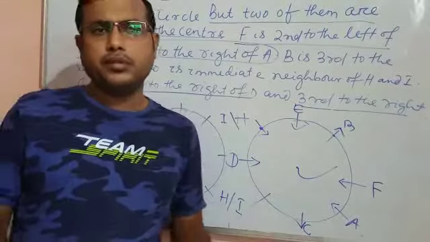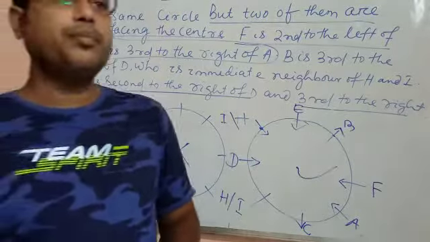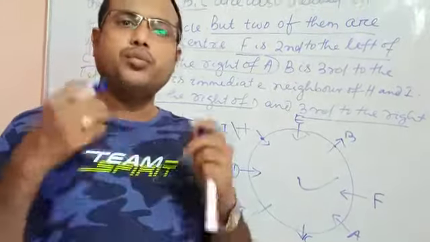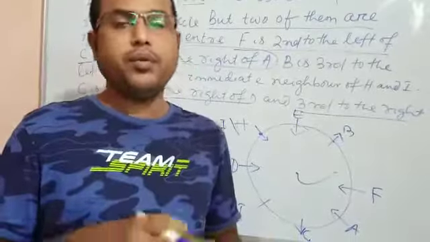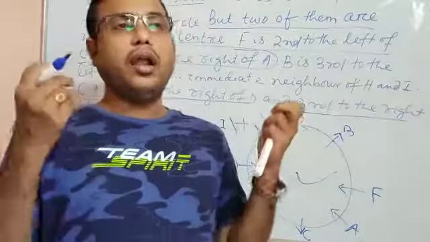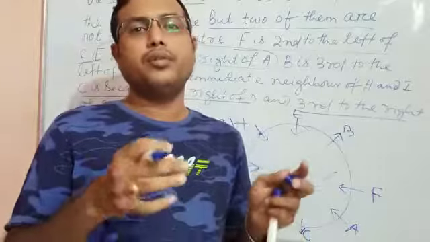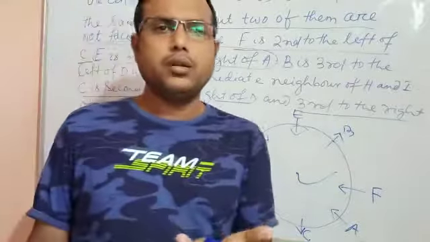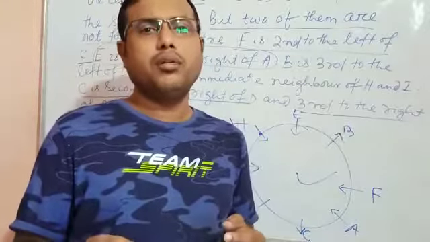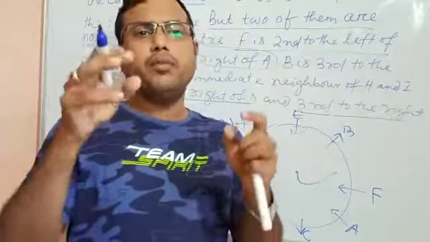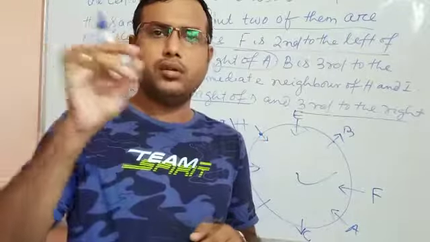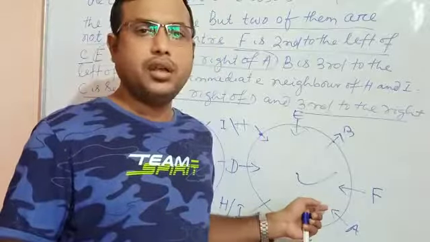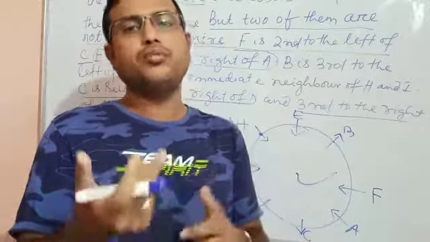So see what is the difference between the previous question and this question. In the previous question you put all the arrow marks, if all the members are facing toward the center, and you put all the arrow marks if all the members are facing outside. But in this case it is a confusing one, so it is not possible in the initial stage to give all the directions. That means you read all the statements one by one, then set the facing direction. Again, consider left and right. In this way, you proceed.